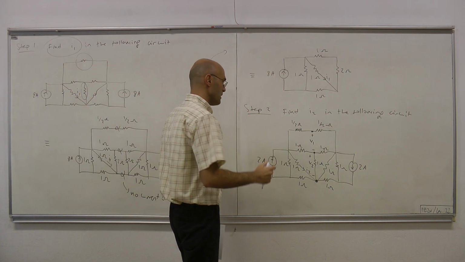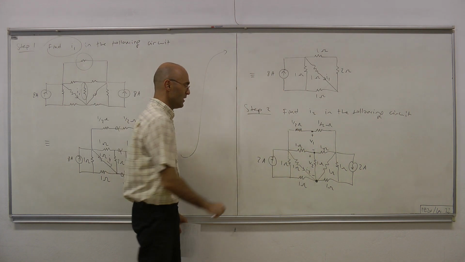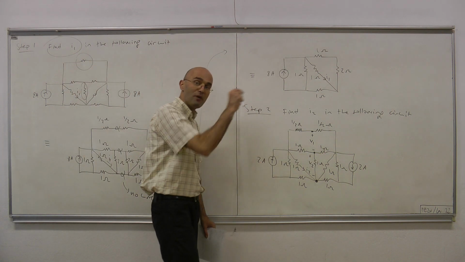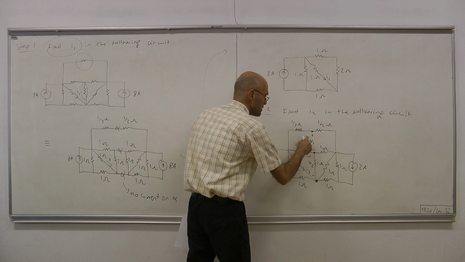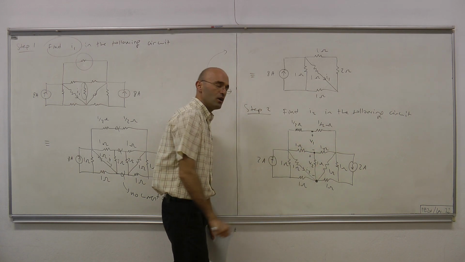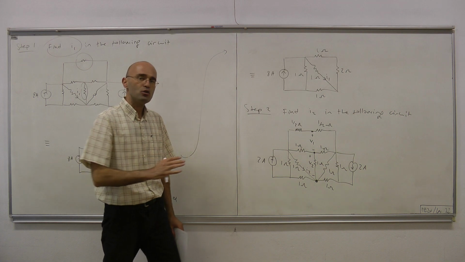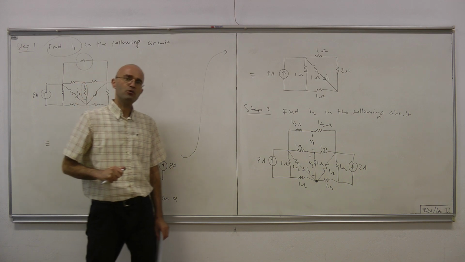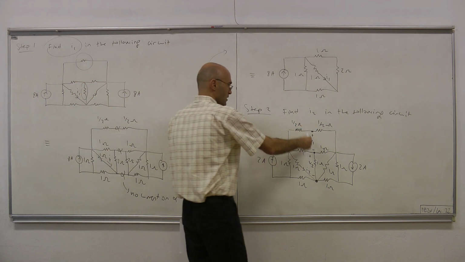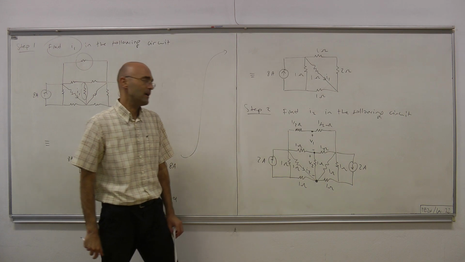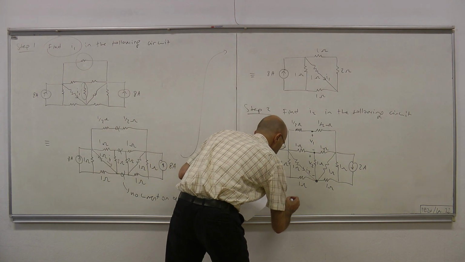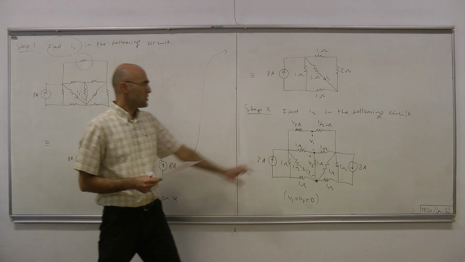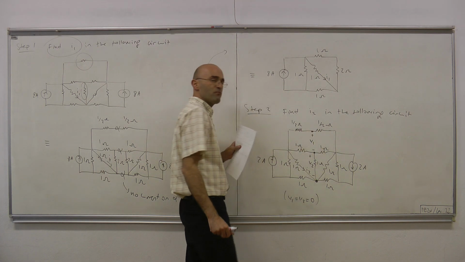So what happens is the following. If you do that rotation, the input vector becomes minus the original input vector. Okay, 2 minus 2 becomes minus 2, 2. But that rotation doesn't change the polarities of those two voltages, V1 and V2. So V1 and V2 remain the same even if you apply minus the original input vector. And that's only possible if those outputs are zero. Okay? So by symmetry, we see that V1 and V2 must be zero. Since they're zero, there's no voltage difference between those two nodes.